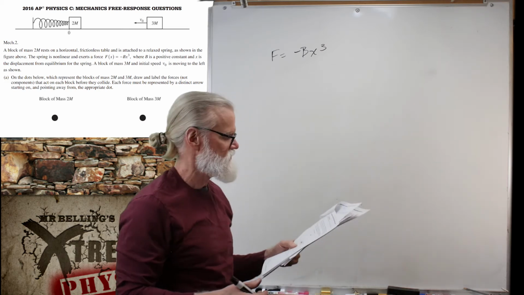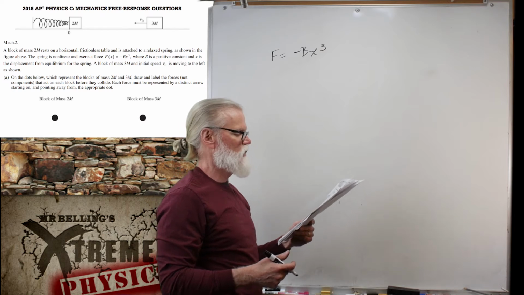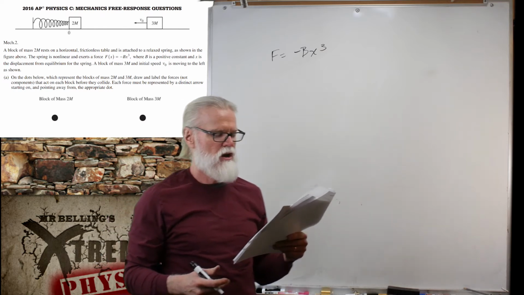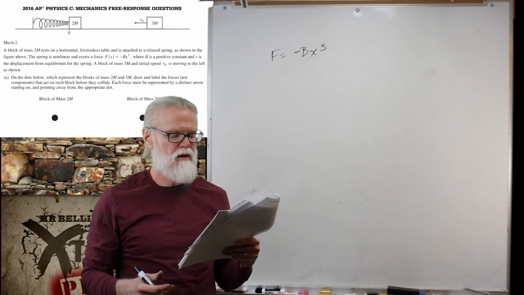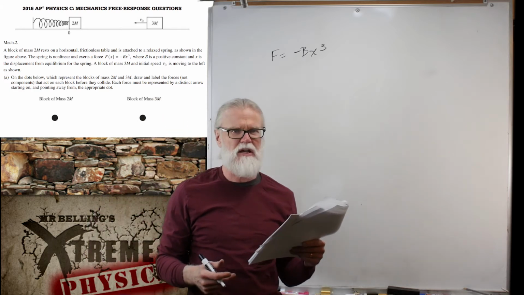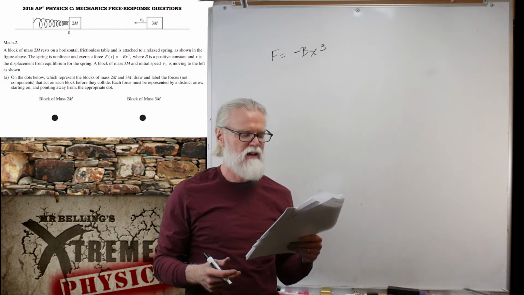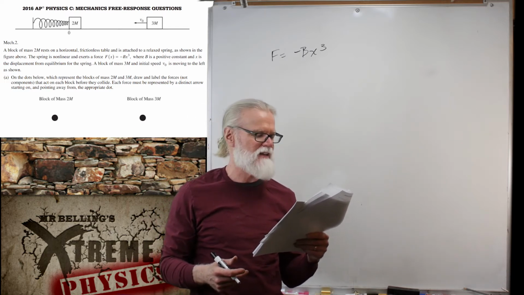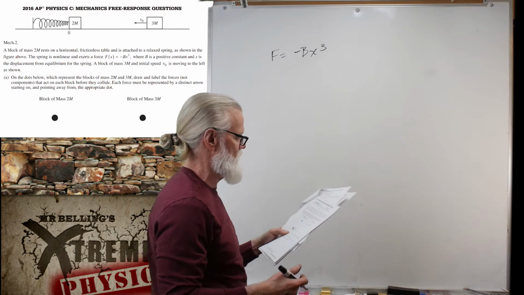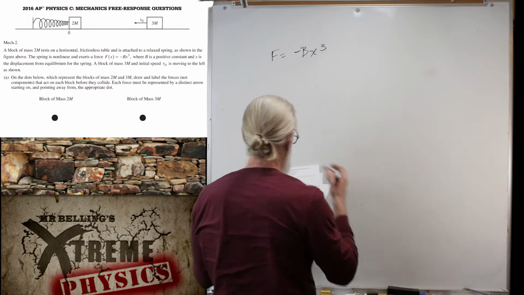All right. On the dots below, which represent blocks of mass 2m and 3m, draw and label the forces, not the components, that act on each block before they collide. Each force must be represented by a distinct arrow starting on and pointing away from their appropriate dot. All right, well,